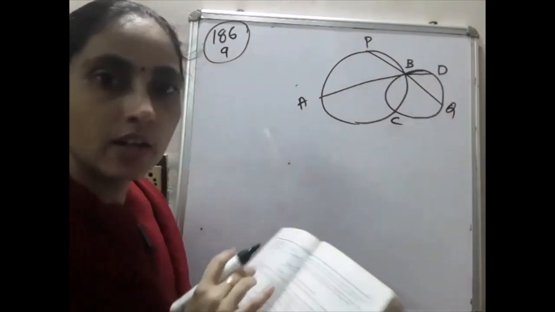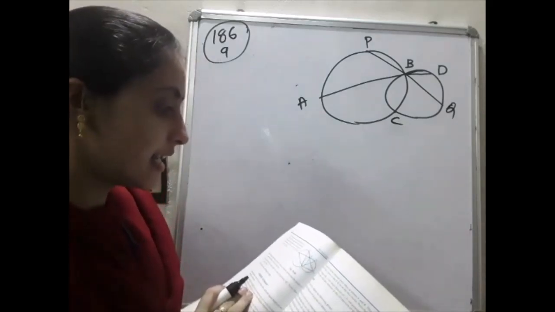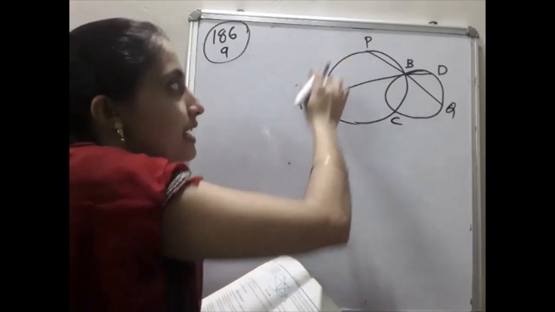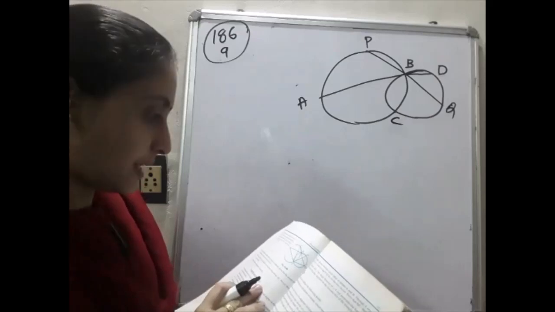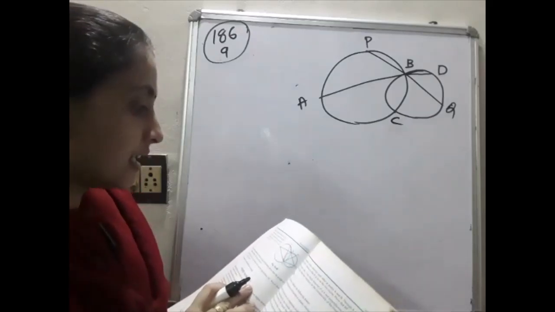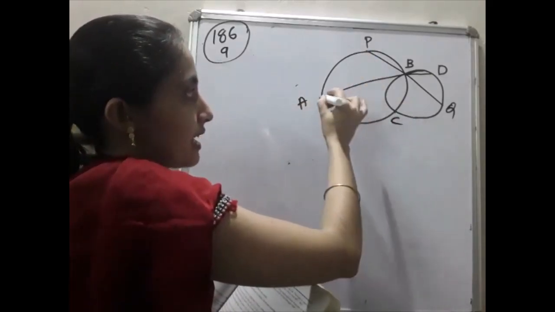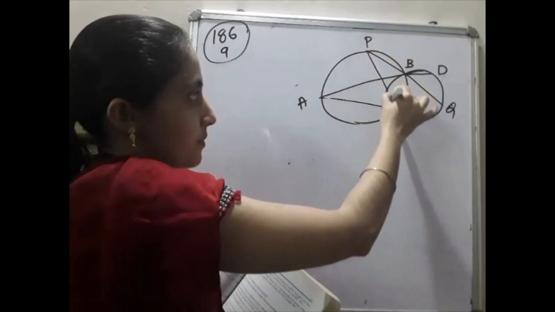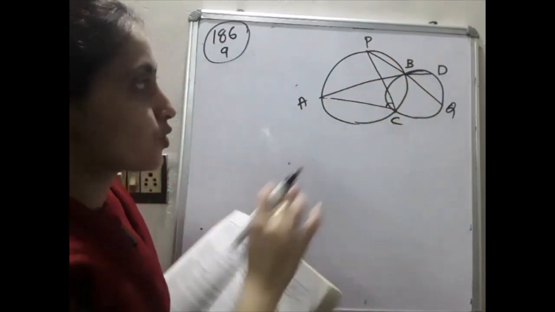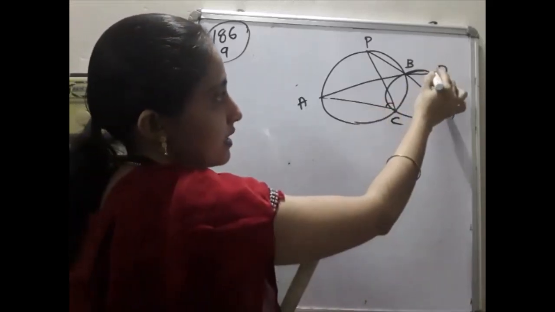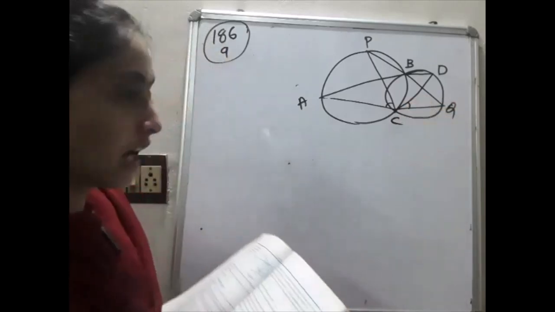PBQ are drawn, intersecting the circles at A, D and P, Q respectively. Prove that angle ACP, which means this angle, so you have to construct this, angle ACP is equal to angle QCD, this angle. This one we have to prove.